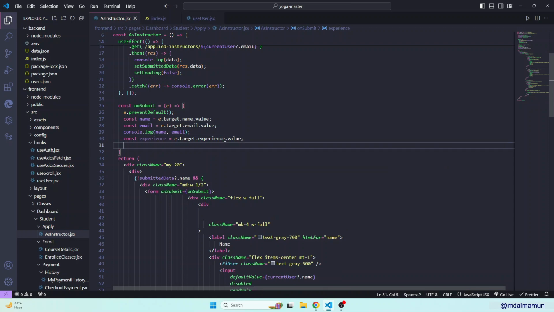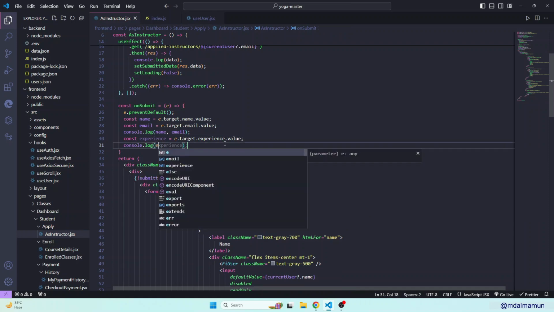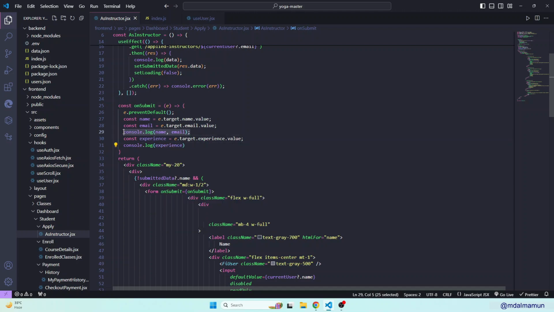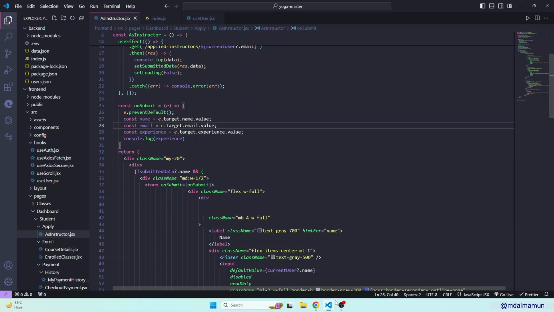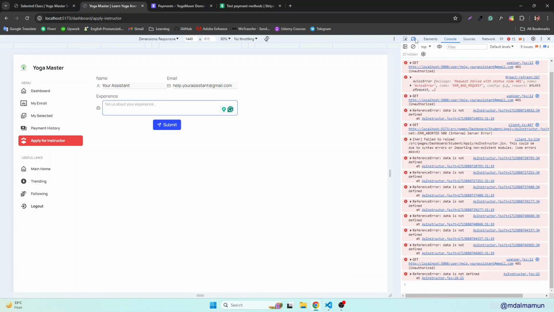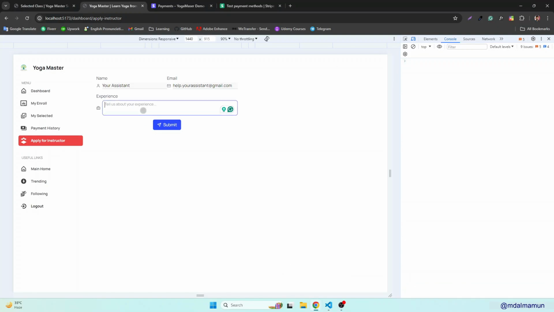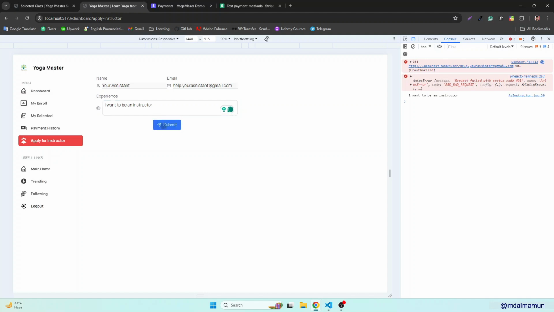Okay, so if you just console log the expense field right now, let me comment this out, and right now remove everything. Then if you write I want to be an instructor, okay, and if I click submit, then look, this form